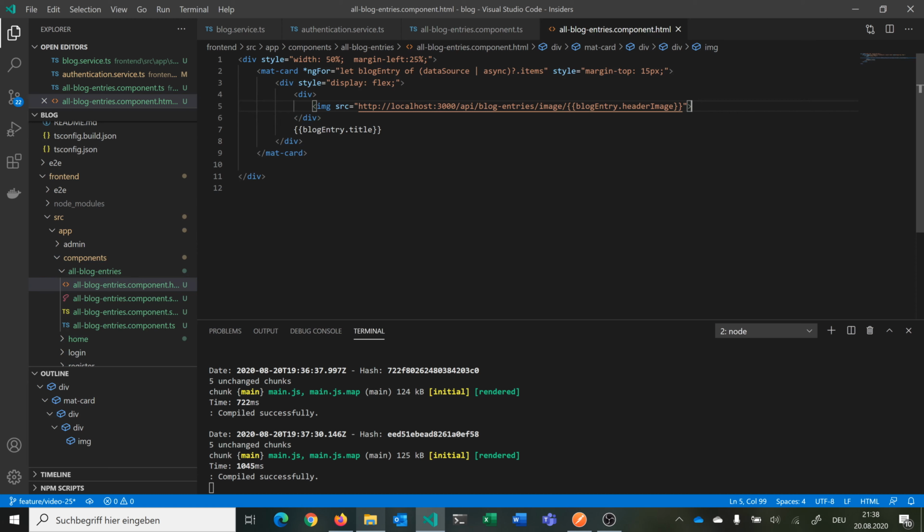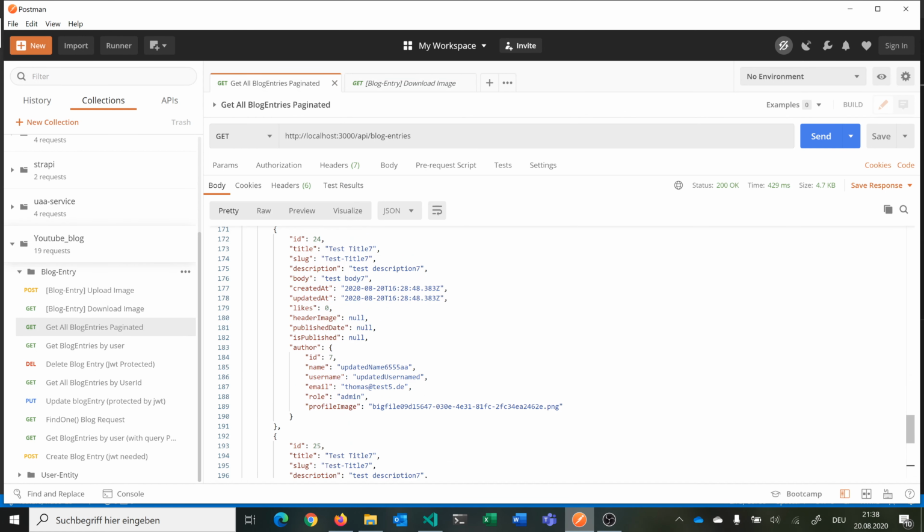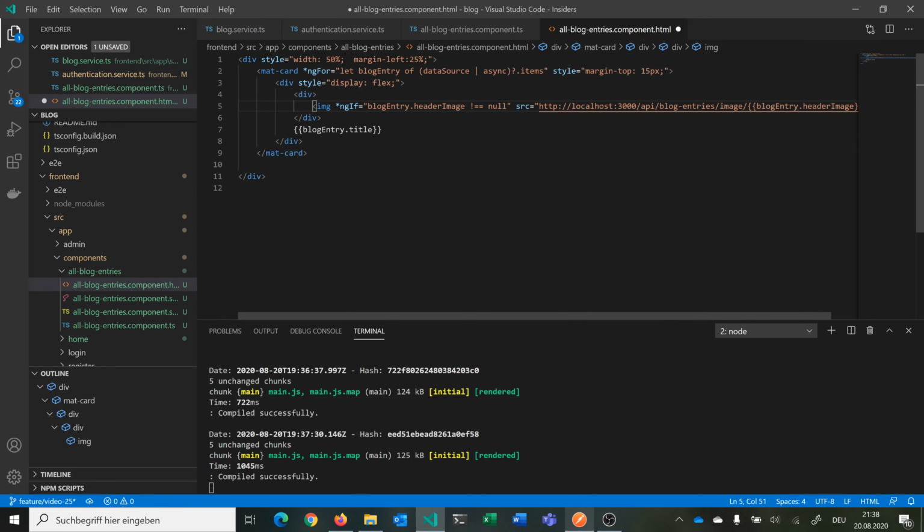And then in our HTML, we can go here for ngIf, and then we want just to check if our blog entry dot header image is null, because you remember when we get here all our blog entries, we have here our header image, and this could be null if there's no link. So if this is not null, then display the image, and then we can add here something else, and then we just say we want to display a placeholder image, and for this to work we have to add here